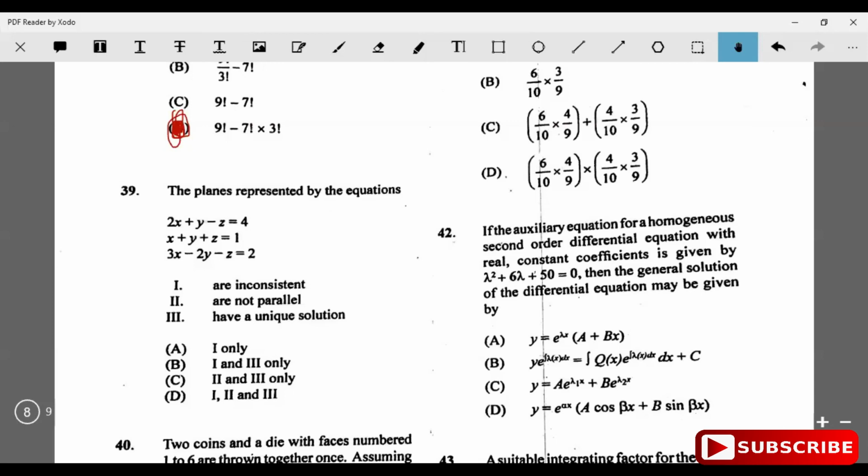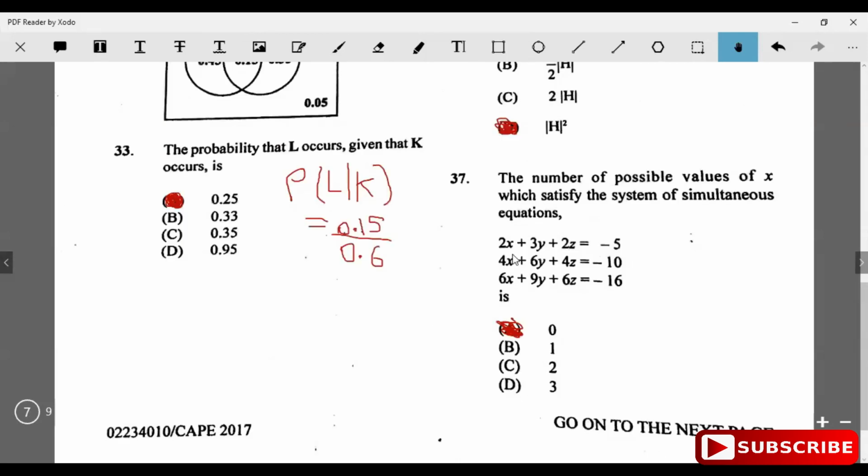I think it's inconsistent, because they don't look like scalar multiples of one another. They don't necessarily have to be scalar multiples of one another. Look at this now. If you were to multiply this one by 3,